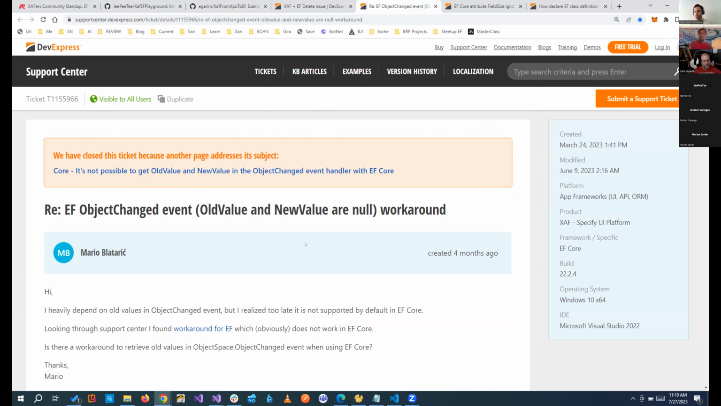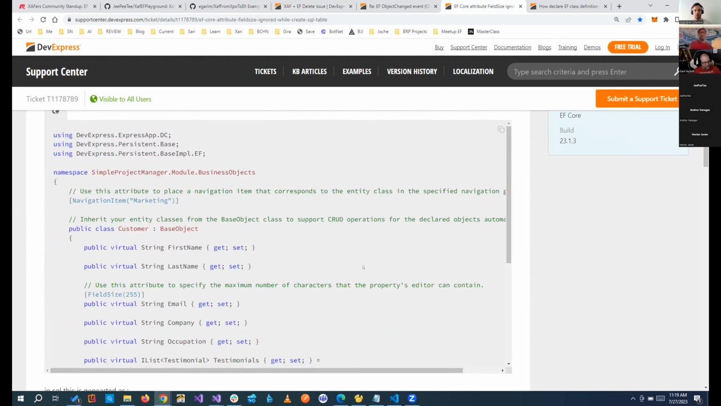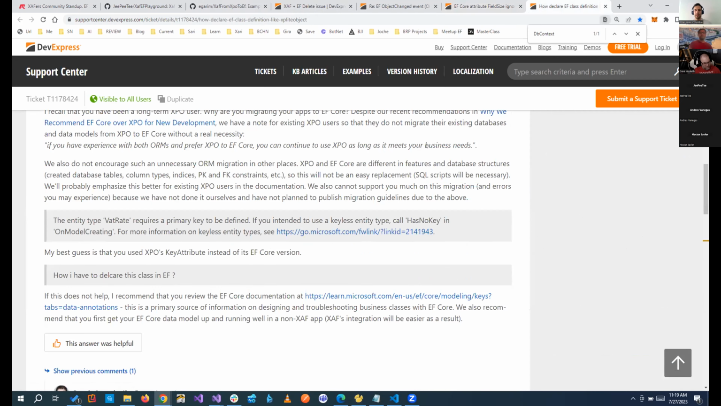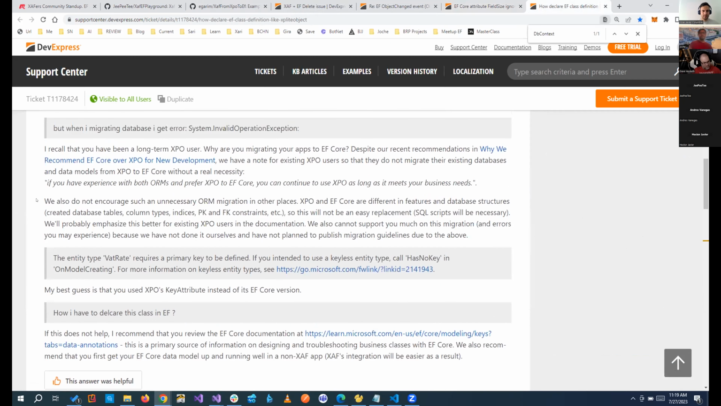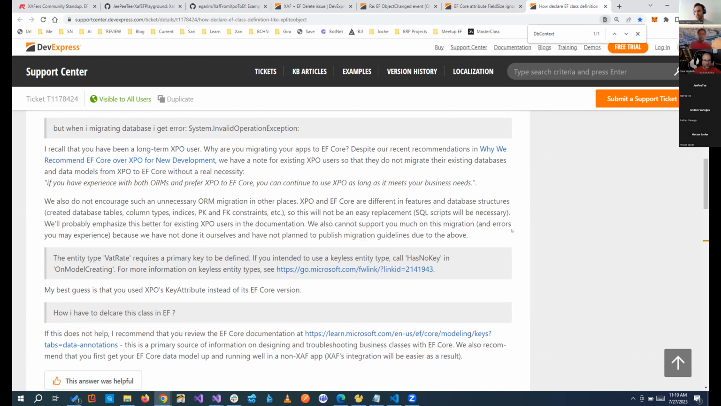Right here is the object change all and new value and the issue around that. Right here is the same thing about the field size being ignored, and basically we should use the attributes for Entity Framework. And this is, again, big. We do not encourage ORM migration from XPO to Entity Framework if you have a product that is huge and